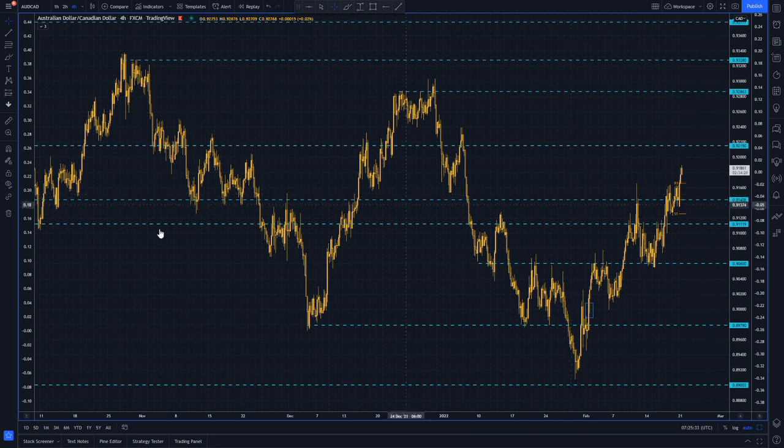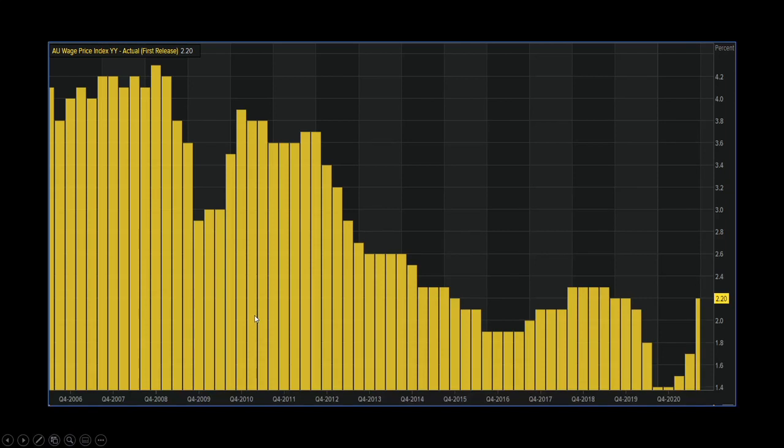Now, why is there all this fuss about the wage price index? I mean, we've spoken about this quite a lot recently. Why all the fuss about this print? Well, we need to keep in mind that the RBA thinks that for them to be able to reach a sustainable level of inflation that is well within their target band, that will require wage growth to recover from its slump that we've seen over the past couple of years. I mean, if we take a look at where we were trading back in the global financial crisis, it's just been a one-way train to the downside after that. So they really do need to see this recover.